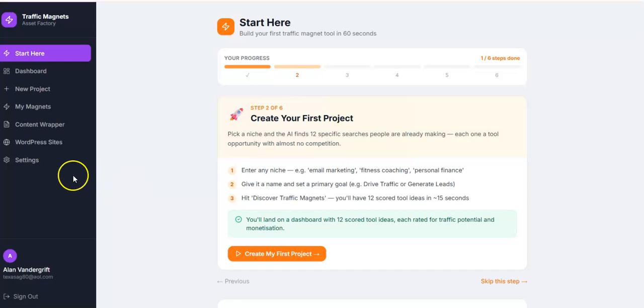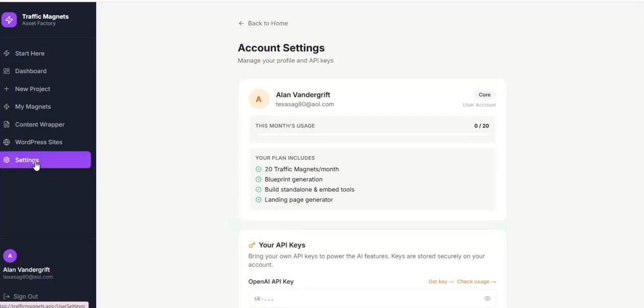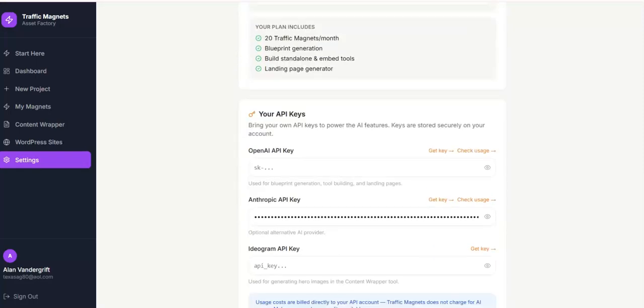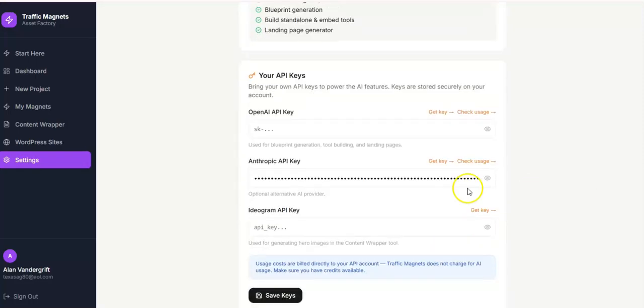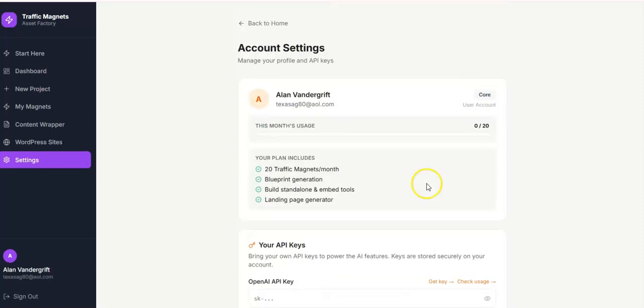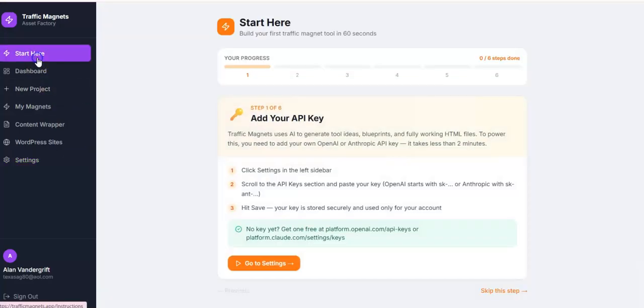First thing you want to do though is go into your settings, and here you can add your API keys. I added Claude or Anthropic, but you can use OpenAI as well. And there's one for Ideogram, which is $20 to do that one as well. So anyway, we're just going to go ahead and